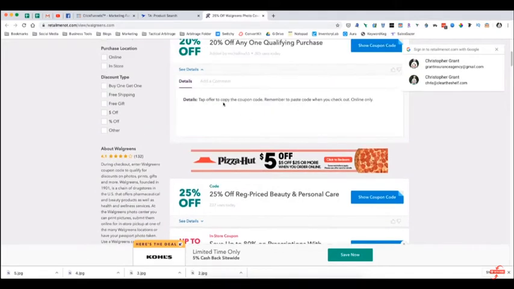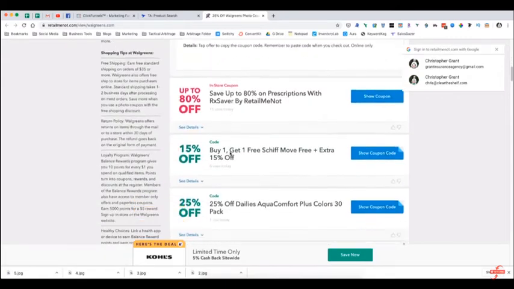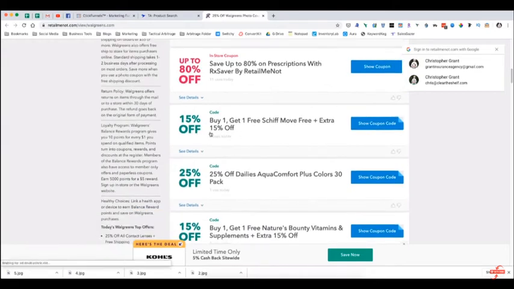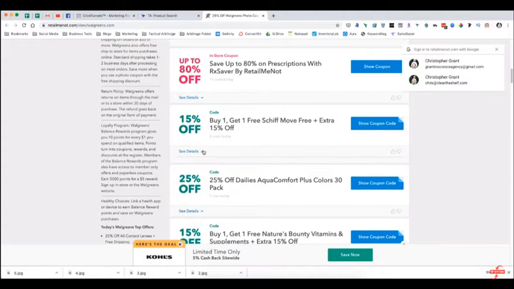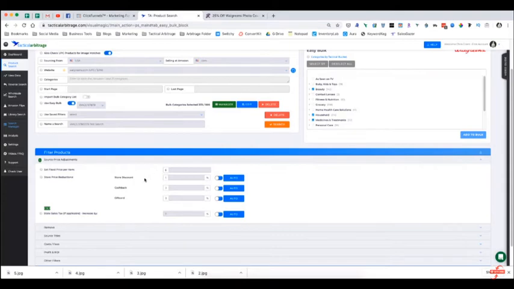For example, this one doesn't have any details, but this one here, tap offer, get a copy of the coupon code. It's 25% off a regular priced beauty and personal care item. And then there's 15% off the Schiff items, which you can check all these and try them out. Okay, so really try. This is where you're going to be making your money, or increasing your ROI, is by finding these sales, these store discounts, these gift cards, to be able to make things as inexpensive as possible and also give you some cushion just in case the price starts to come down